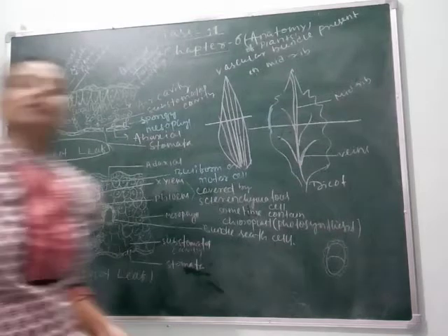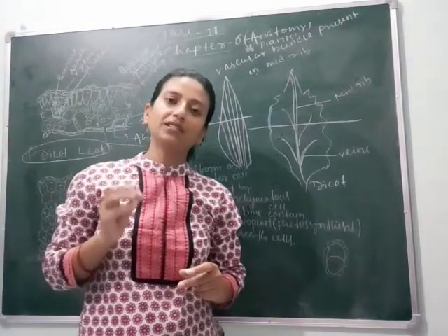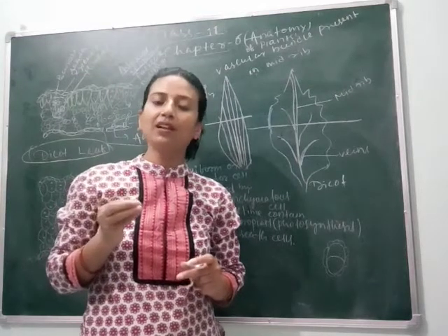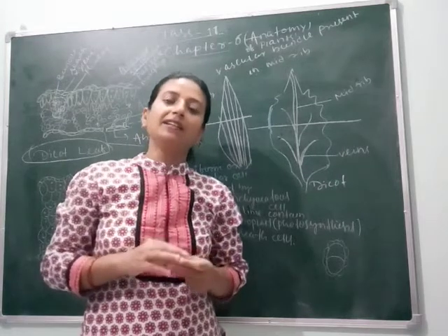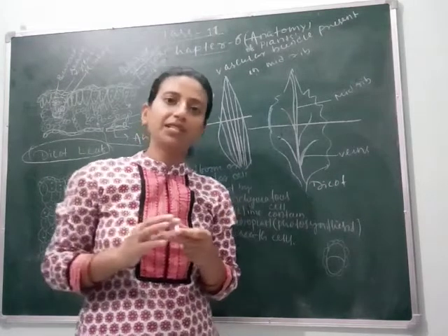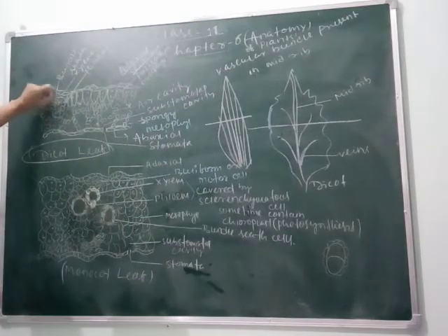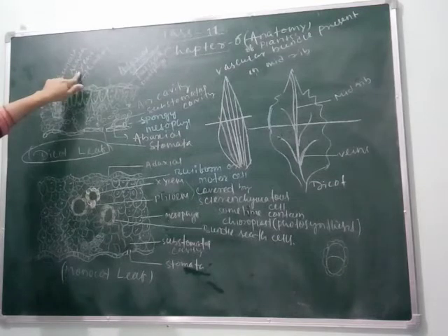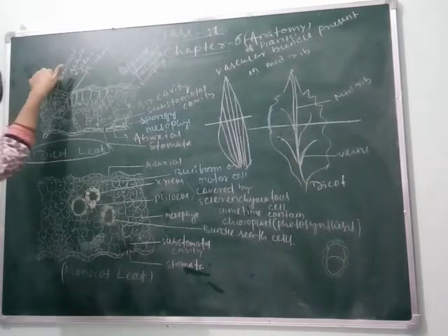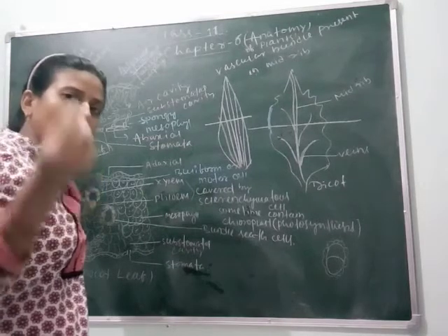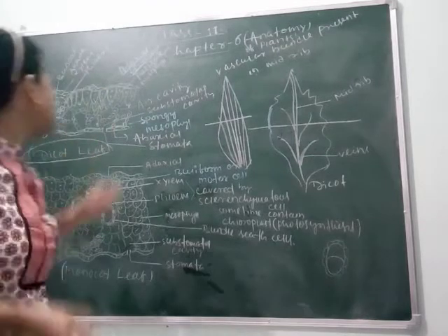You may not know about bundle sheath cells. Bundle sheath cells are those cells which sometimes contain chlorophyll and do photosynthesis in C4 plants. When we study chapter 13, in C3 and C4 plants we will study bundle sheath cells in detail. For now, simply remember that in a vascular bundle, xylem and phloem are covered by a bundle sheath cell where some amount of chloroplast is found, and here photosynthesis also occurs.